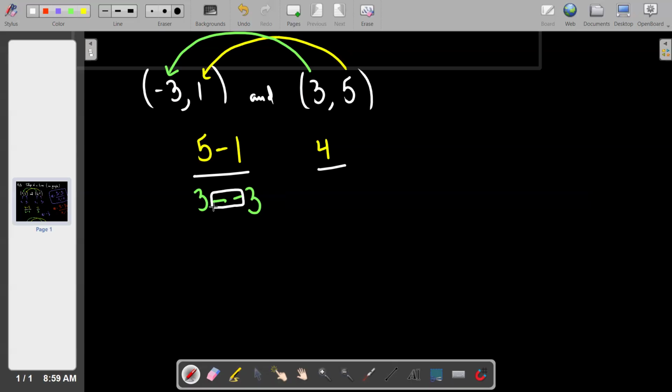Somewhere along the line in the last few years of your life, someone taught you that when you subtract a negative number, a minus a negative number, that doesn't actually exist. Subtracting a negative is really the same as just adding a positive. So that, I think, is when slope reaches out and kind of claws at kids. We forget sometimes that if the target number is a negative, we got to switch it to plus. And 3 plus 3 is